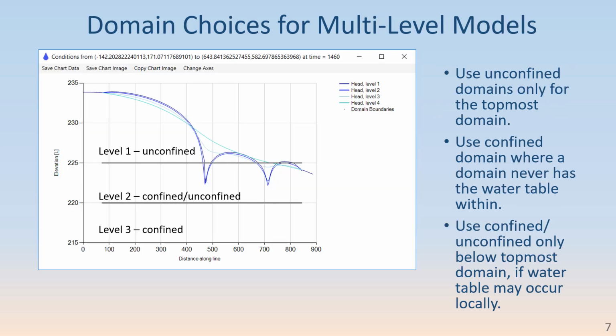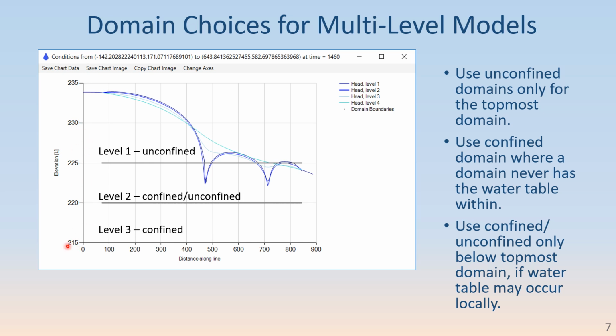Here's an example to illustrate how to use confined and unconfined domains in a multi-level model. This is a model of an unconfined aquifer, but that one aquifer has been subdivided into 4 different levels to account for three-dimensional flow near some partially penetrating features of a dewatering scheme. And I'll point that out right here. The drawdowns here are due to a line element boundary at the margins of a pit, actually. So there's extraction along lines perpendicular to the section at these 2 points here. And you can see these are the head profiles in the 4 different levels of the model. This profile only shows the upper 3